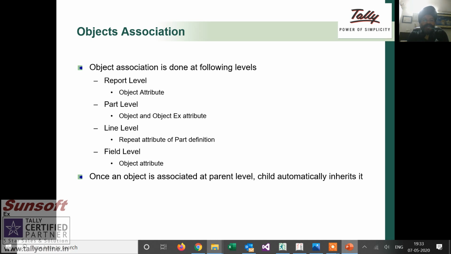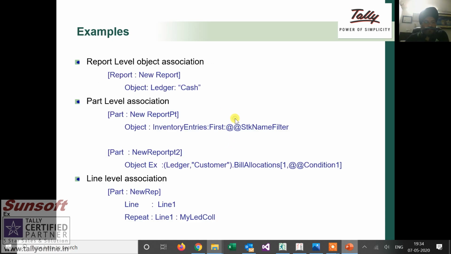The line, when we printed the field, it already printed the method which was available in that object. Now we can associate an object directly at the report level also.